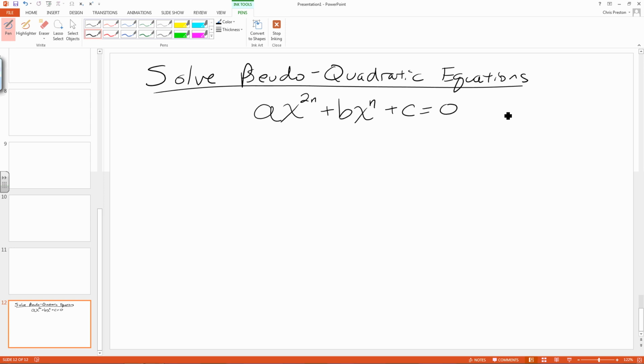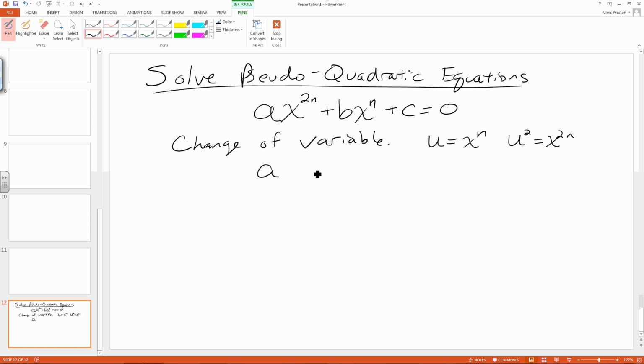And a lot of times what we'll do is we'll do what we call a change of variable. We'll create a new variable. So instead of using x to the n, we'll use, say, something like u, and we'll say that's the same as x to the n. Therefore, u squared would be this squared, so x to the 2n. So your pseudo quadratic equation suddenly looks like a u squared plus bu plus c equals 0,